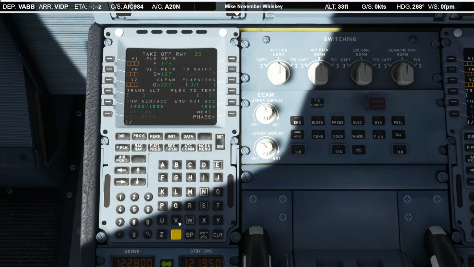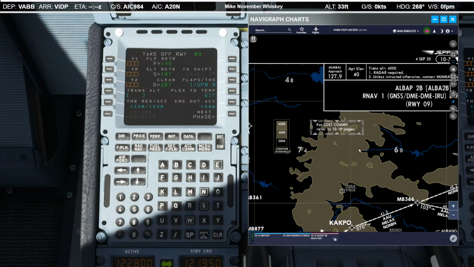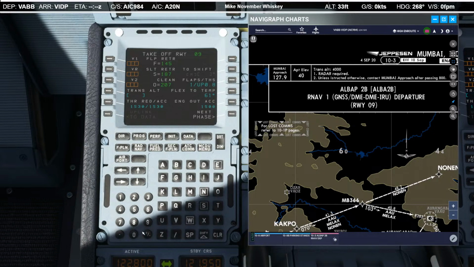We're taking off with flaps 1 and trim up 0.8. Our flex temp tonight is 61 degrees. Transition altitude did not get picked up by the database. So let's see what it is here, 4,000 feet. And let's see what they're calculating for V1. It's going to be too slow, I'm sure, and it is. So the calculator is telling me our V1 speed, which is our decision speed, 146. Rotation speed, 147. And single engine takeoff, 148. And the box is complete.